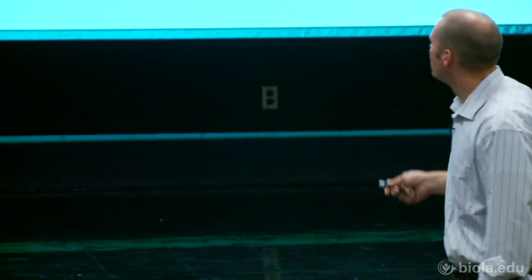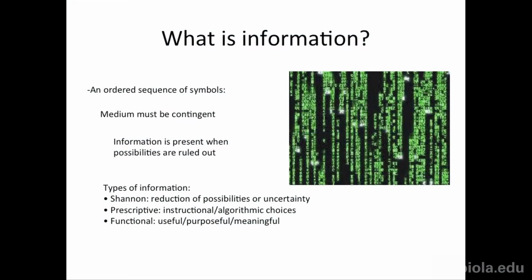That's prescriptive. Then there's functional information, so I shouldn't have used "functional" in my previous definition because it's going to clutter things. Functional information is useful, purposeful, meaningful things. This is like saying words to each other. We're not just saying chemical equations or just a map or something like that. We're actually talking and saying functional things. So I'll give you examples of each of those. We'll see if we can make it through that.